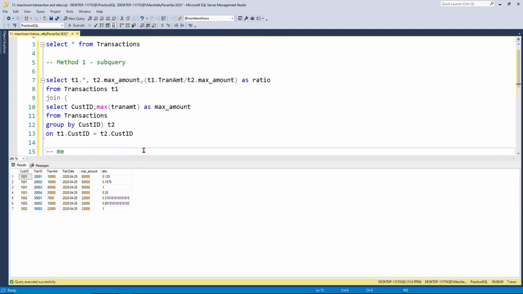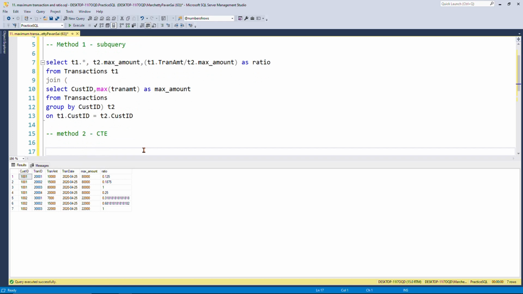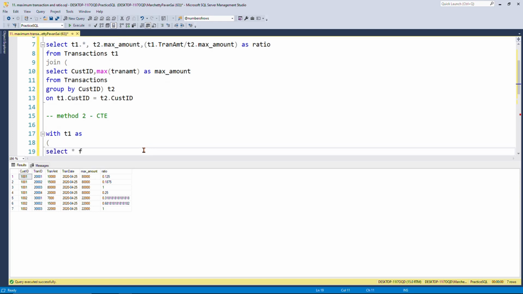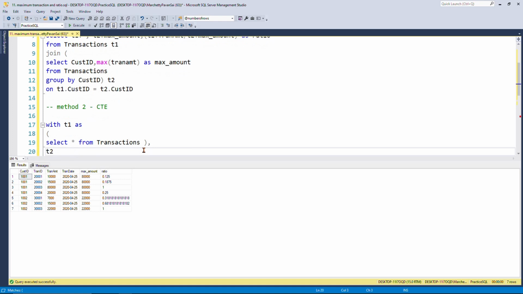Here I'll write method 2 using CTE. So CTE is also very easy and understandable, which could help us separate the tables. I'll write with table 1, T1 as, and here I'll write the query which is select star from transactions. Let us take this query as T1, and I'll put a comma. You could write T2, which is another CTE, and